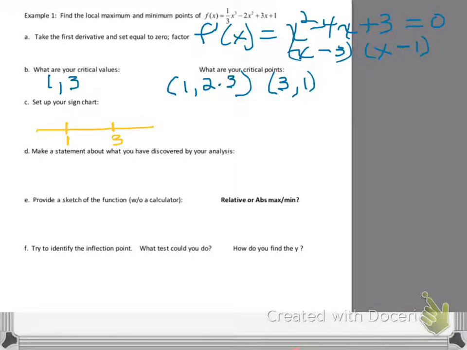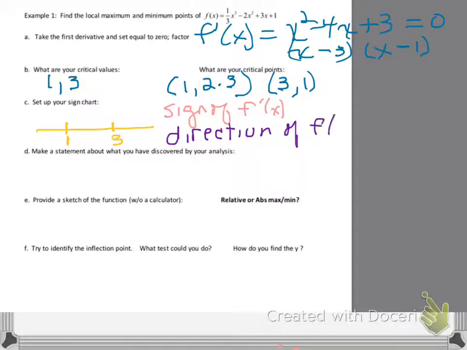So that's going to be the sign. So above the line will be the sign of f prime of x. Okay? And below the line will be the direction